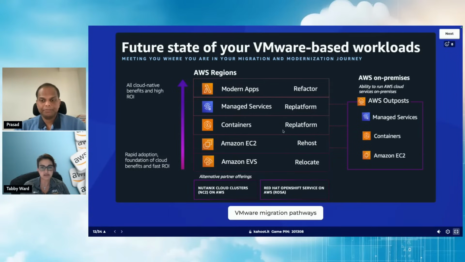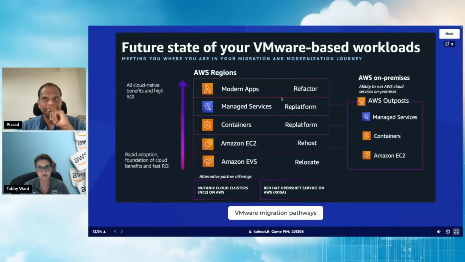For the databases, managed services, let's say if you had a relational database running on VMware, a good option, if it's compatible, would be going to RDS, right? Or if you were using a file share, a good option would be using some of the managed services like Amazon FSx on AWS. And then if you want to step further and completely refactor and go cloud native, those applications can completely be rewritten and run on Lambda serverless, as an example.